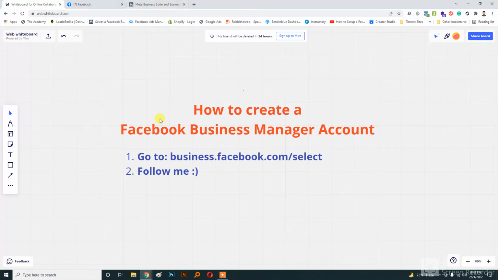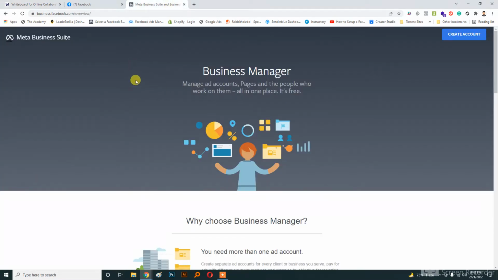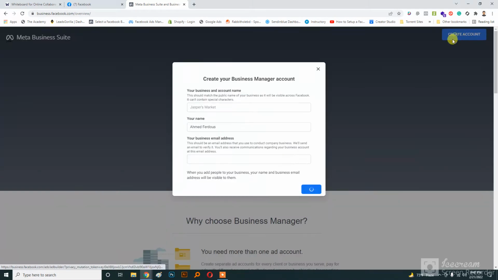So let's get started. The first thing is you need to go to this URL. After you came here you will see an interface like this. So then click create account, and then from here just give it a name, any name you want to identify